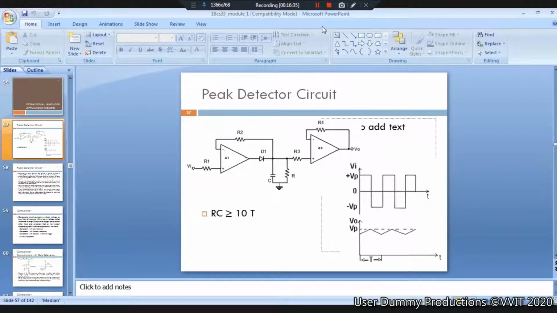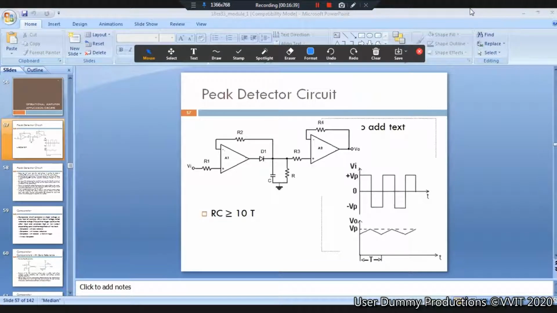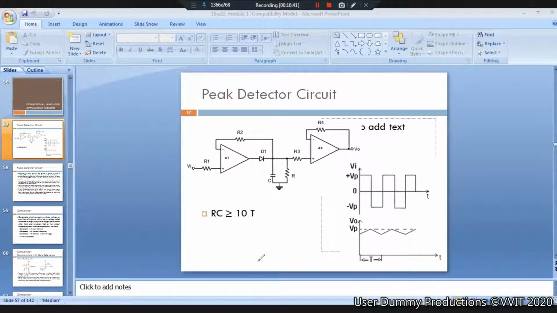See here how it works for the peak detector. Can anyone tell me about this one? I think you applied it in the previous semester also. I will tell you the logic of how to take the input and the output. There are two operational amplifiers. These two operational amplifiers are feedback amplifiers, because they are connected to the resistor.